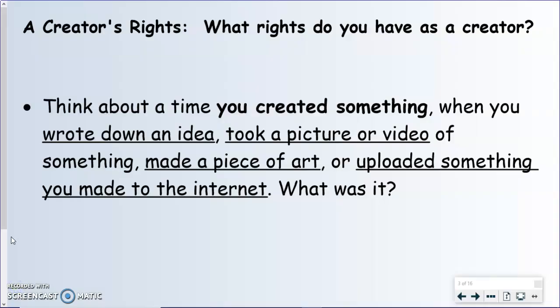So we're going to start off by just doing some reflection. Think about a time you created something. When you wrote down an idea, took a picture or video of something, made a piece of art, or uploaded something you made to the internet. Think about it. What was it?